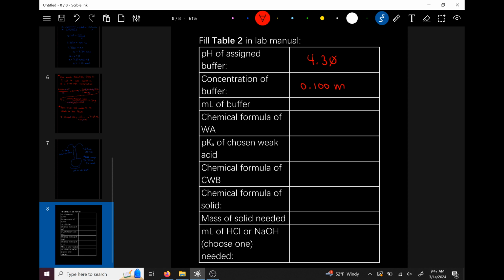And I do believe that everybody's concentration of the buffer will be 0.100. Don't take my word for it. Double check the manual, but I'm pretty sure that's the case. The milliliters of the buffer, the volume of the buffer solution, is going to be 100 milliliters for everybody. So that's going to be the same for absolutely everybody. 100.00